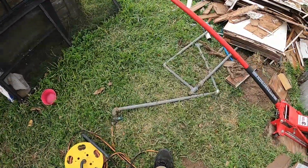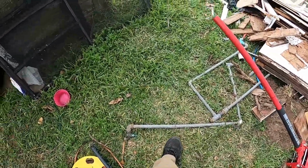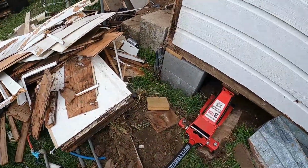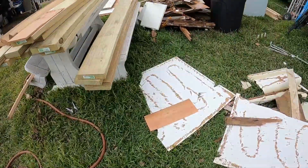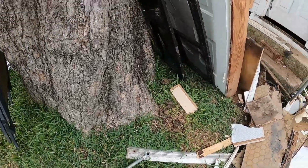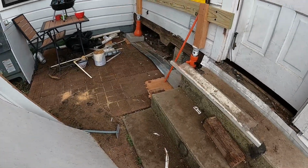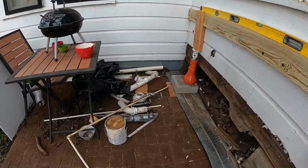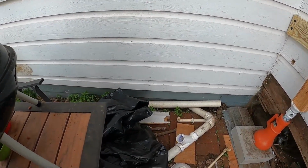There's some old plumbing that went to the hot water line. There's that new thing. Here's all the pile of junk. We're supposed to have a windstorm tonight, so we will fix that up. Let me see if I can get over here. Yeah, here's some of the